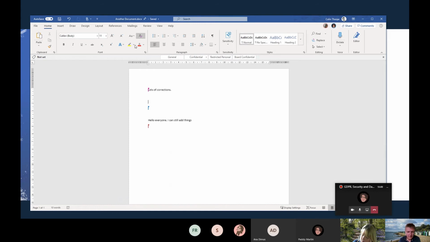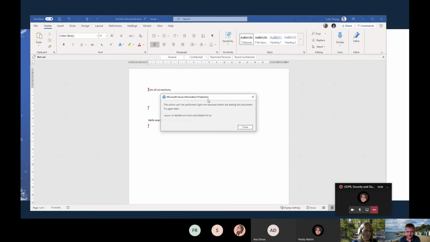If you look at my copy of Word here, I've created a new document and it's given me these buttons. So I've got general, confidential. I've got two types of confidential. I've got restricted personal and I've got board confidential. So 5 pretty straightforward categories that I can use to tell this document how secure it needs to be. So for example, if I say this document's confidential internal,